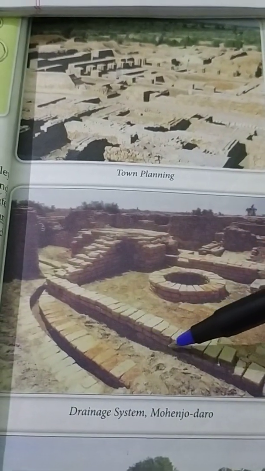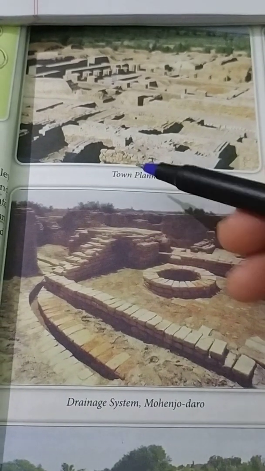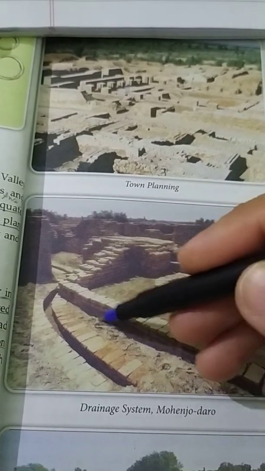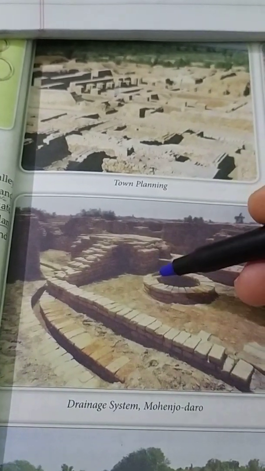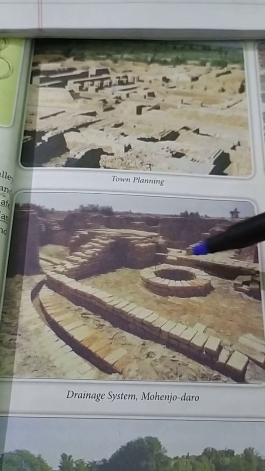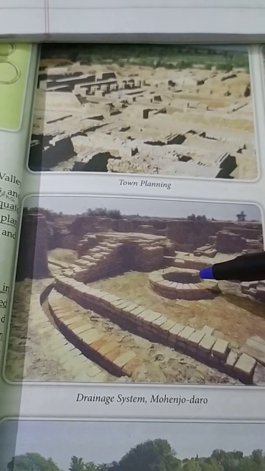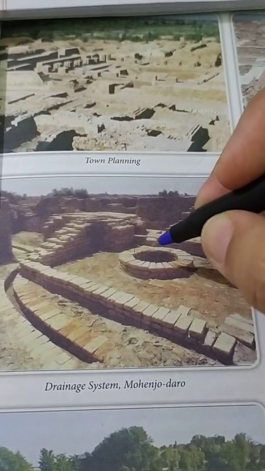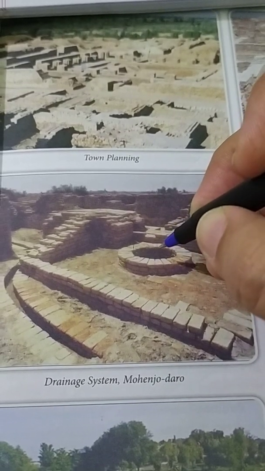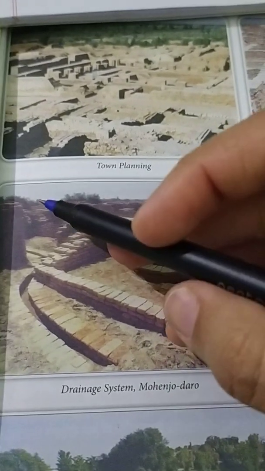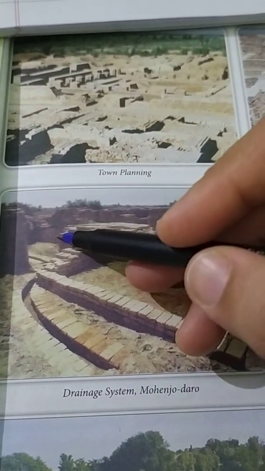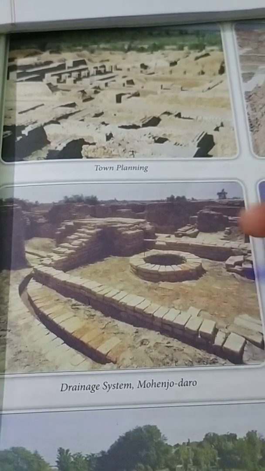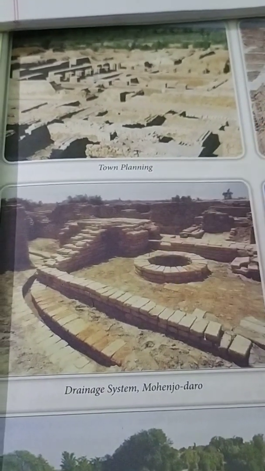So the drain used to carry the waste water. Houses used to have the drain, and from the houses, the waste water used to come in these drains. And there used to be manholes, which were used for inspection, which were inspected regularly, as we have the manholes now. So earlier also, to check any kind of congestion, any kind of blockage, there used to be manholes. So houses used to have drains, and the wastewater from the drain came into the street drains, and from the street drain it was used to carry forward.